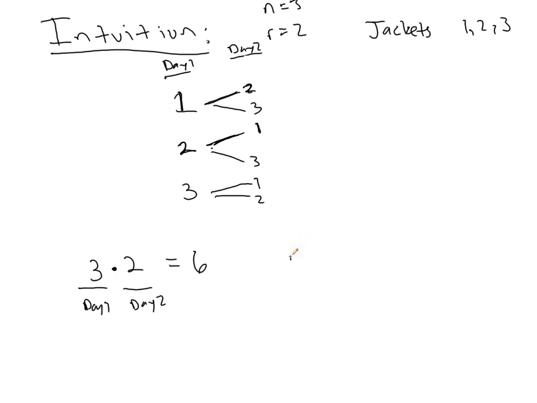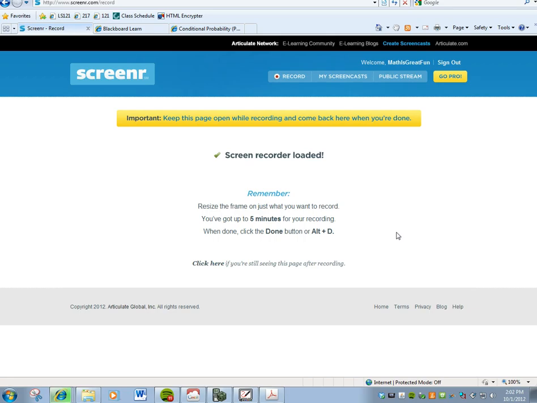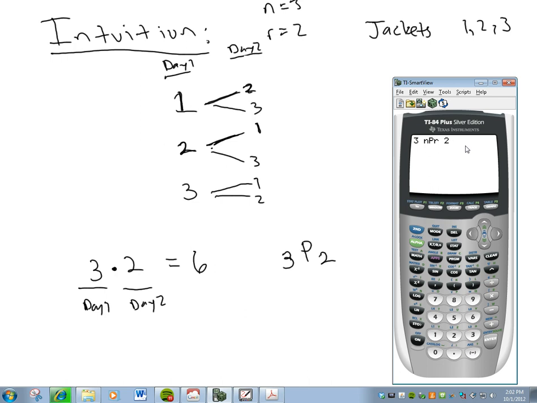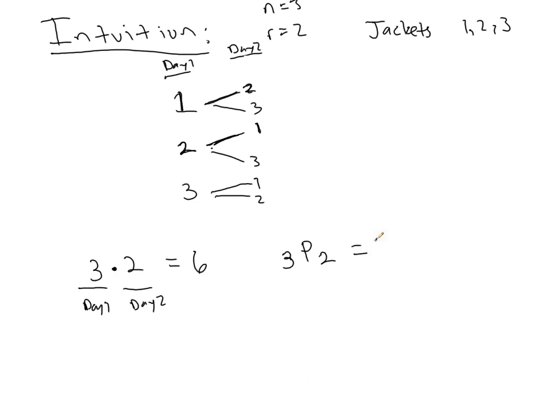If you notice, we have 3 things, and we're taking order into consideration, so we're doing a permutation. Out of those 3 jackets we're going to be wearing 2 of them, and we're not going to be repeating the same one. So we would do 3 permutation 2, or 3 permute 2. And look at that, we get 6. So that takes the order into account, and these are both identical ways you can do it. Anytime you're dealing with permutations, you can use either of these methods, where you either multiply by hand or use the permutation. Now suppose you had 15 jackets in 10 days. You probably